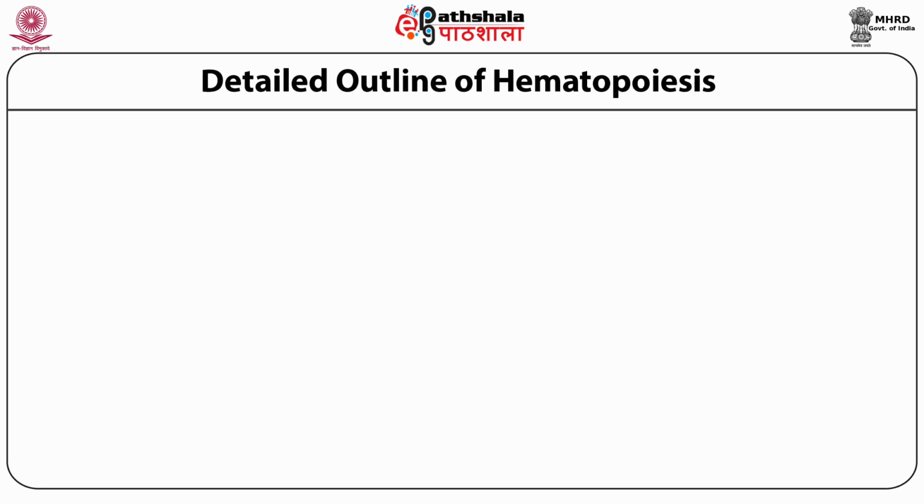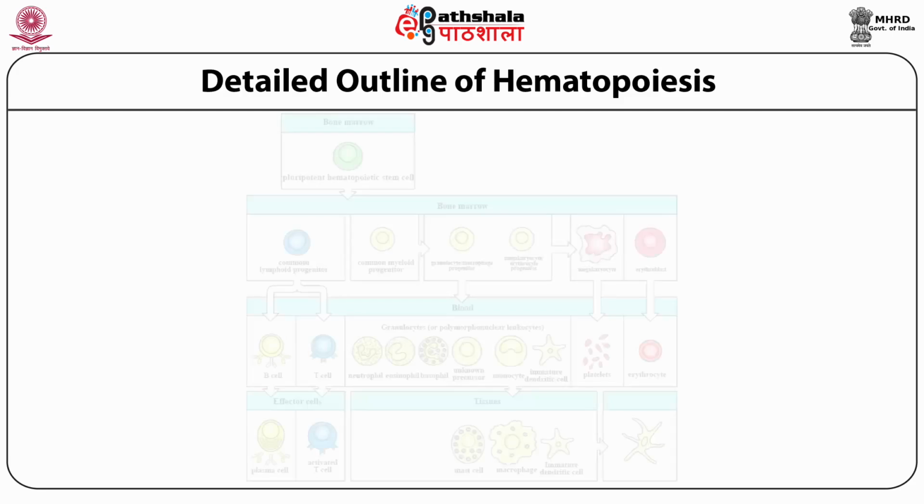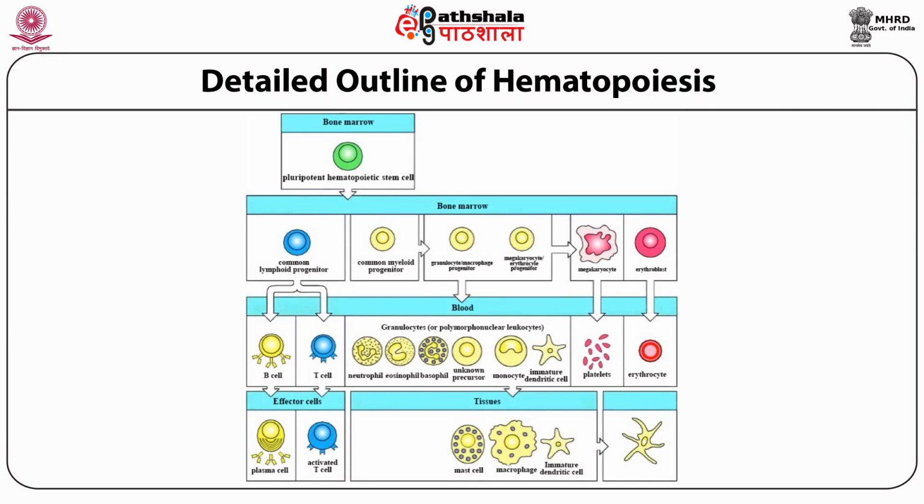This is a very important slide because this shows the different kinds of cells which we will be talking about throughout this discussion on immunology. This shows the detailed outline of hematopoiesis. We have already mentioned that all blood cells arise from a common stem cell. We also mentioned that this pluripotent hematopoietic stem cell gives rise to initially two different types of stem cells: